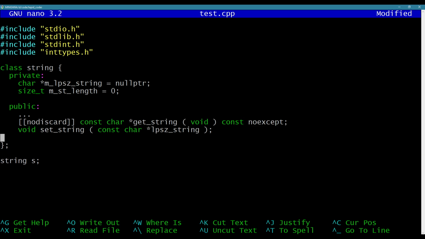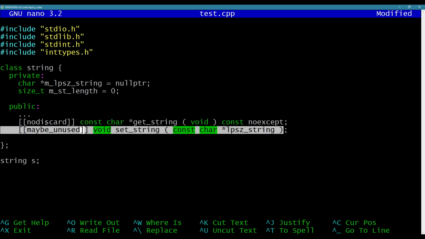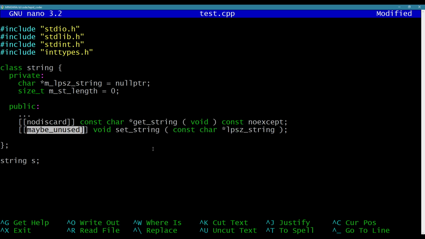There's another one too, like you could say maybe_unused, right? So if you have a function you've made but it's not used anywhere yet, you can actually write that there so that other people who are working with the code know that there's less stuff to actually be concerned about, right? We're probably not even using this function, so don't really look over it. You can gloss over it and not worry about it. Of course, like comments in code, it may end up becoming out of sync with the actual code itself. Anyway,